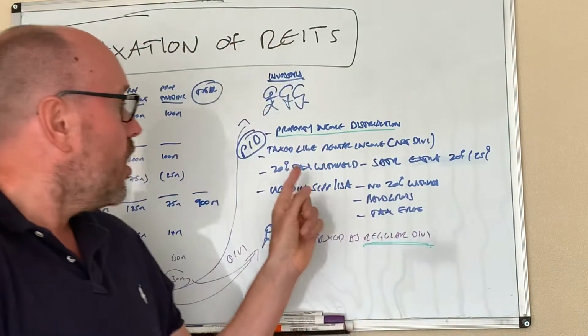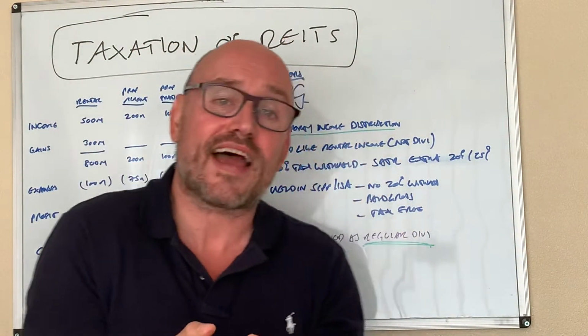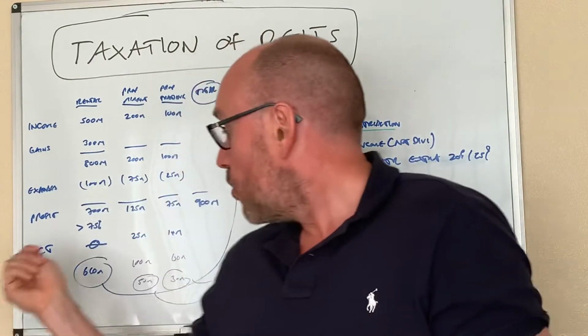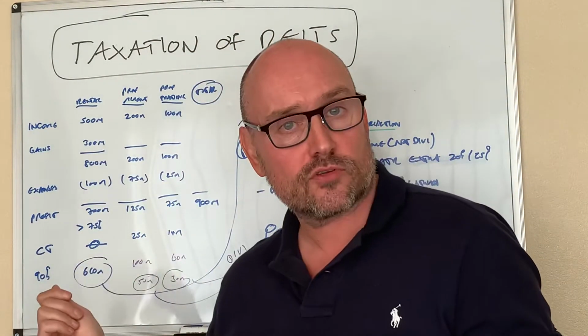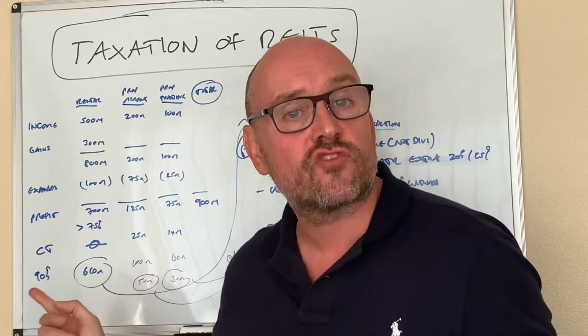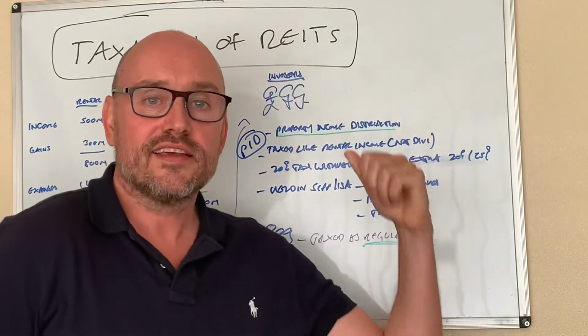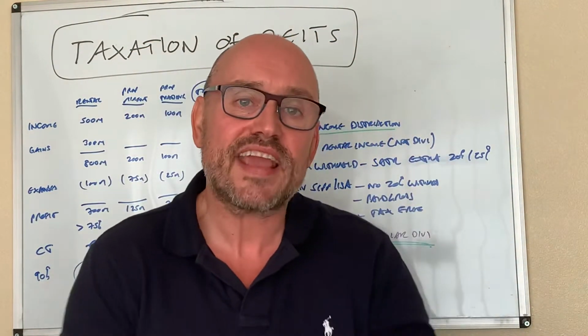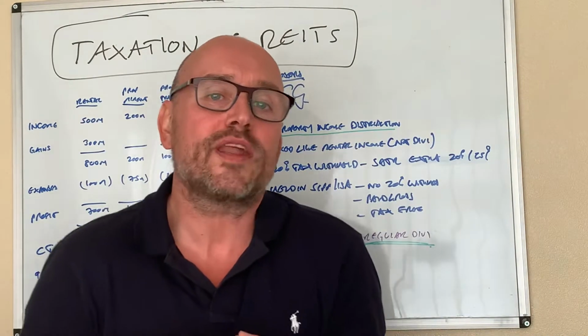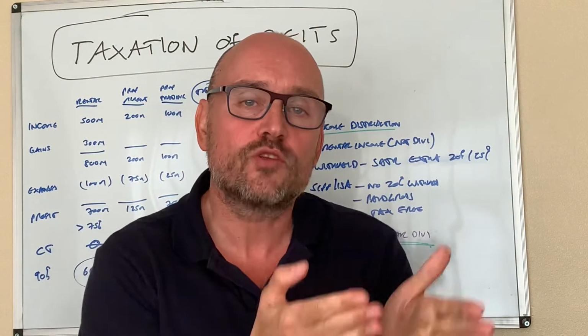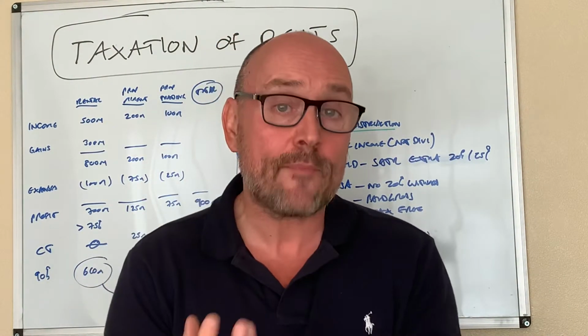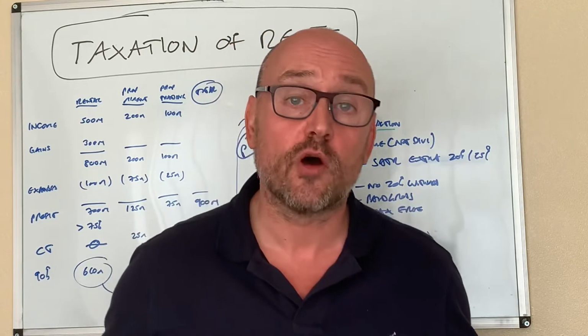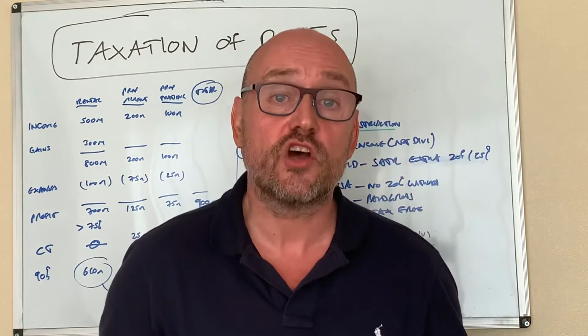Now, 20% withholding tax also applies. So when the company pays out, in this case, this 610 million to these individual investors, they have to withhold 20% tax that goes to HMRC. And then what happens is you reckon up with HMRC on your tax return at the end of the year.